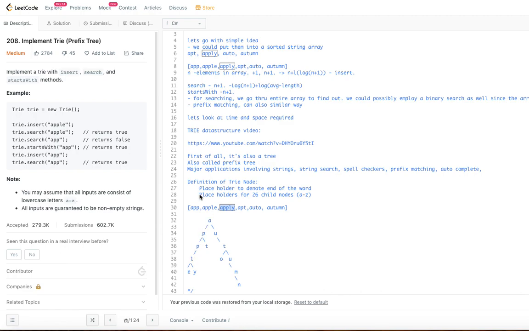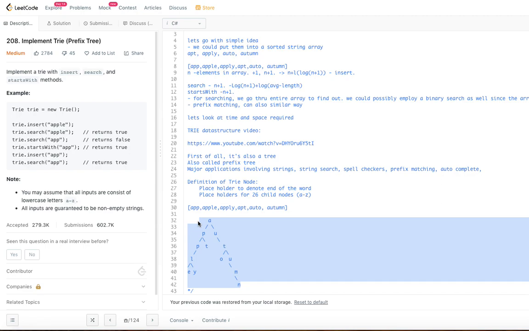So that's what it's going to be. Even though there are 26 child pointers, I am not showing all 26 here. I'm showing only the pointers where I have data. All other pointers, you would say, are null for now. Okay, so the next thing is apt, A-P-T, and auto, A-U-T-O, autumn, A-U-T-U-M-N. So this is the trie data structure for those six words.